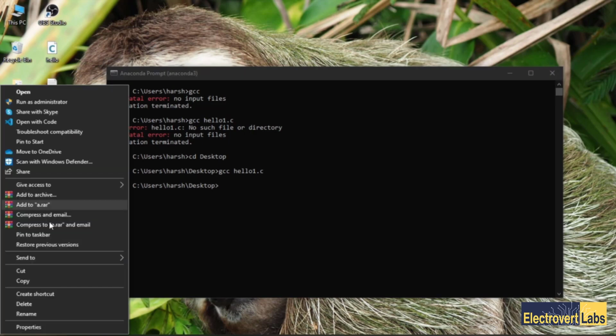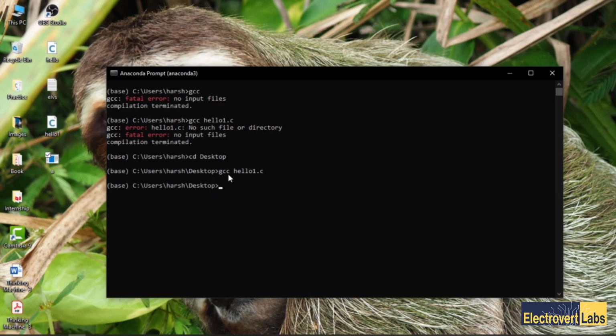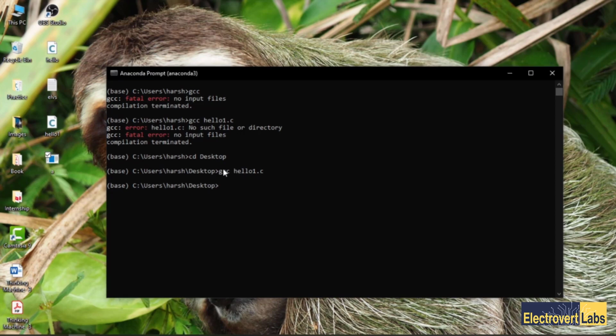Let's right click here and go to properties, and you can see the file name is a and the extension is executable. So basically this is your executable file. You have made your first software. This is your exe file. You have written some code and you have compiled it. After compiling, it has generated a binary code for you. That is the binary code we discussed in previous classes, and that binary code comes as an exe, that is, an executable file. It has made an executable file out of whatever you have written.